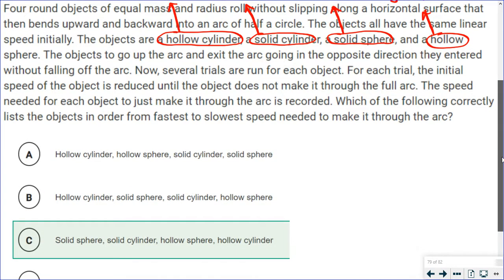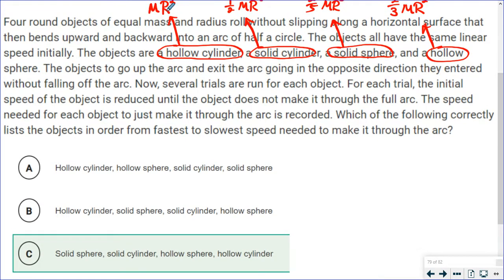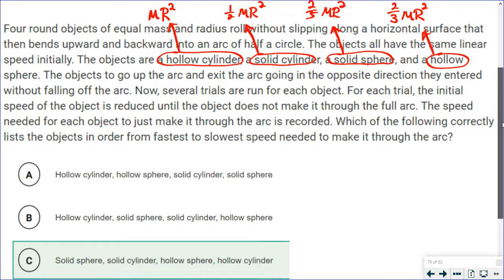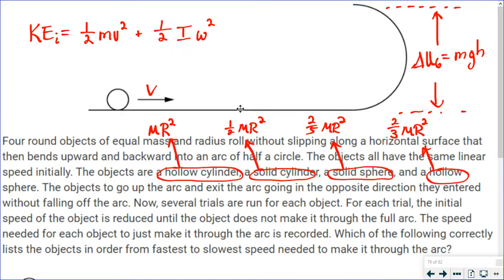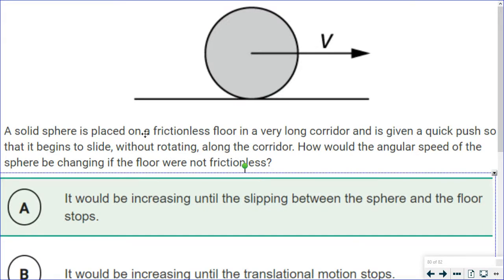So solid sphere, then solid cylinder, and then your hollow sphere, and then your hollow cylinder would have the most, with MR squared. So this one just has the largest I, and therefore it needs the least velocity to make it up that ramp. Our next one, a solid sphere is placed on a frictionless floor in a very long